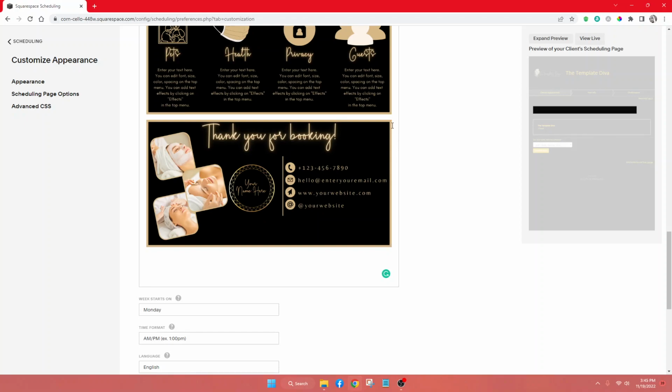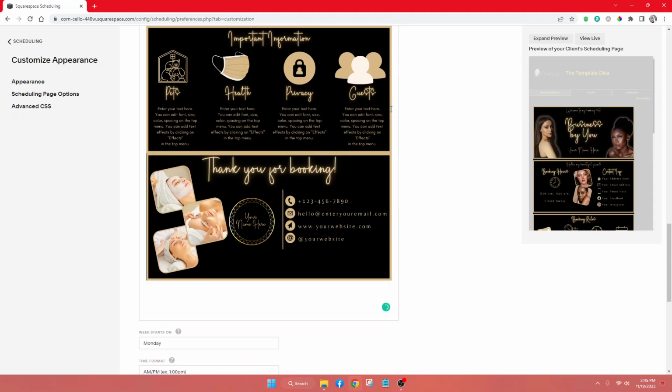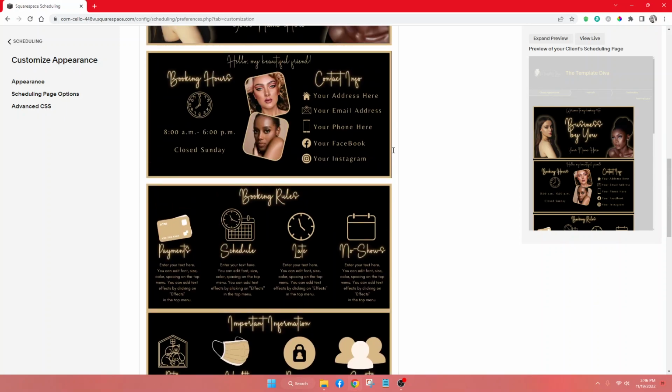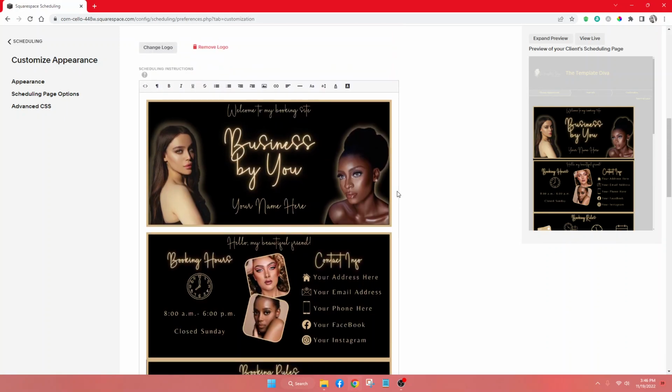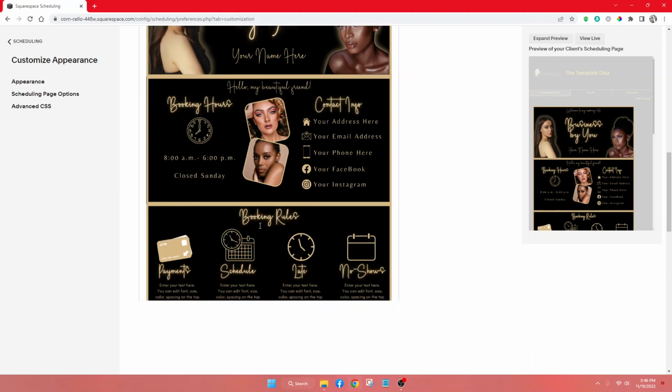And again, this is where this blinking line comes into play because we're going to delete the space out. So you'll move that little blinking line up there beside this banner and you're going to hit delete and it'll pull that space out. Scroll up, put your line there, hit delete. Scroll up, put your line there, hit delete. Scroll up, put your line there, hit delete. And that takes out that blank space in between your banners. So you don't have that gap in there.